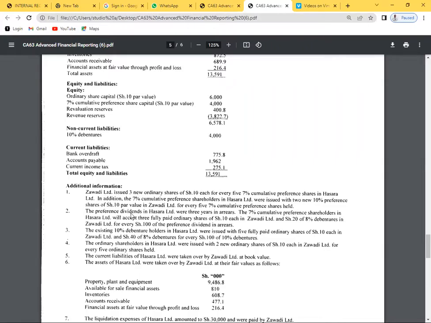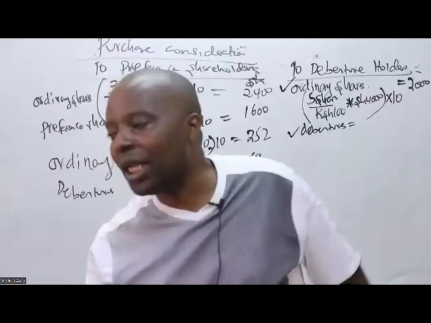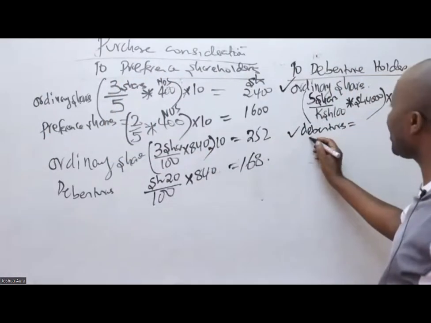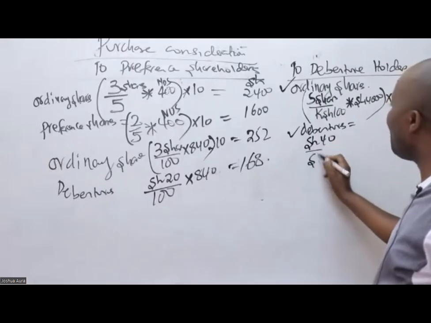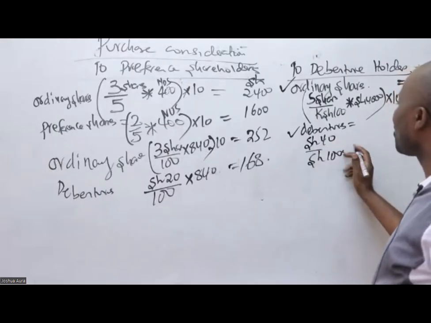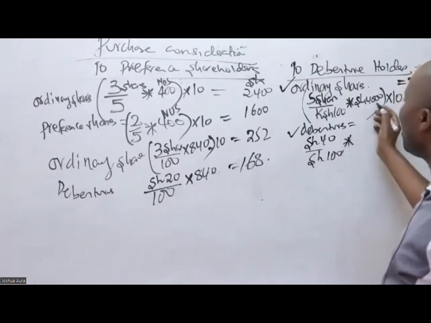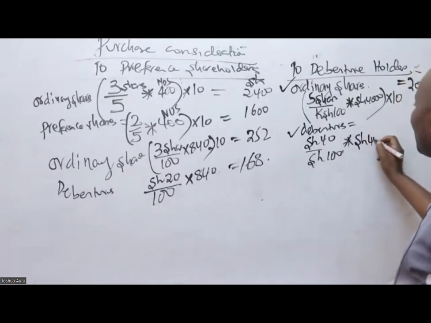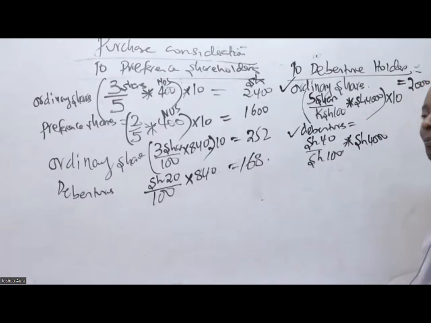We are bargaining with them. Please give me a figure. I want to see whether you guys are really having this getting nailed to your memory. It's very easy, really, because for debentures, they have told us it is shillings 40 for every shillings 100, times the amount of debentures outstanding. And the outstanding amount is 4,000.